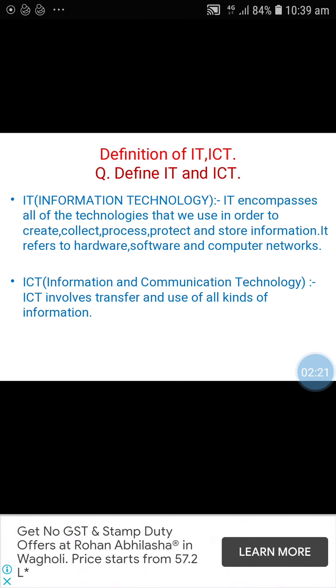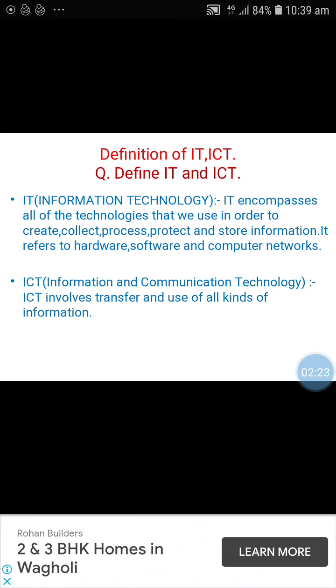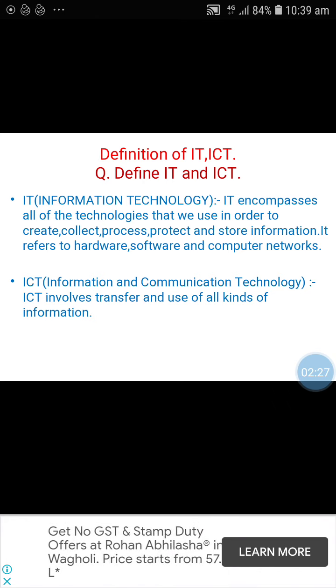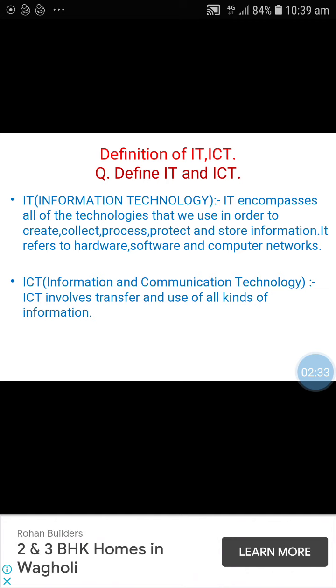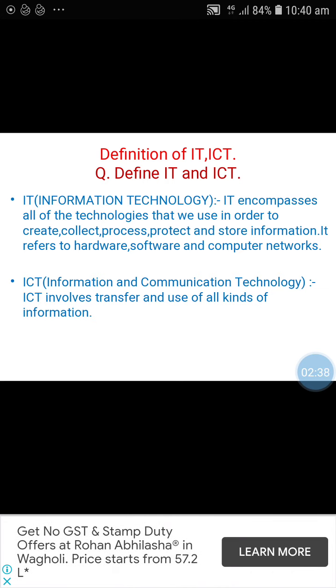After that, the second definition is that it encompasses all of the technologies that we use in order to create, collect, process, protect and store information. Information related, all things, means IT.